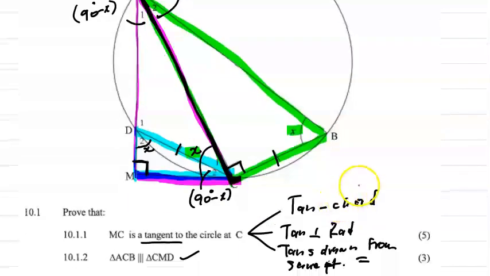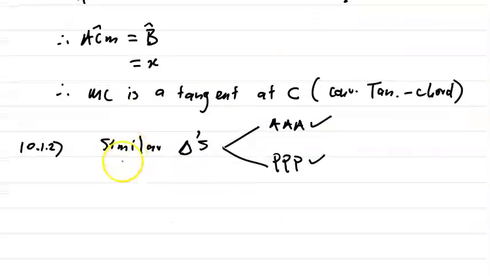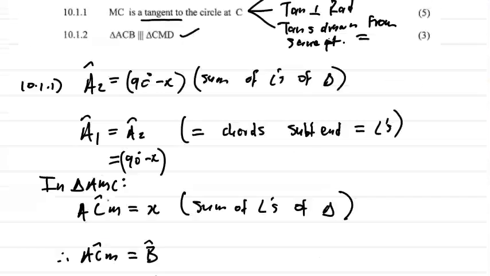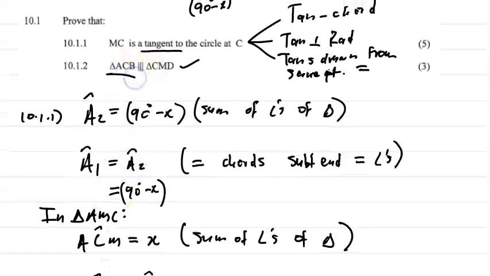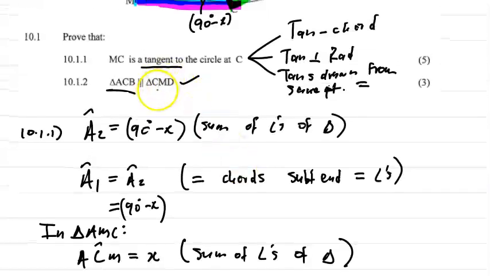So how do we structure a similar triangle proof? We will write down our solution as follows. In triangle ACB and triangle CMD,